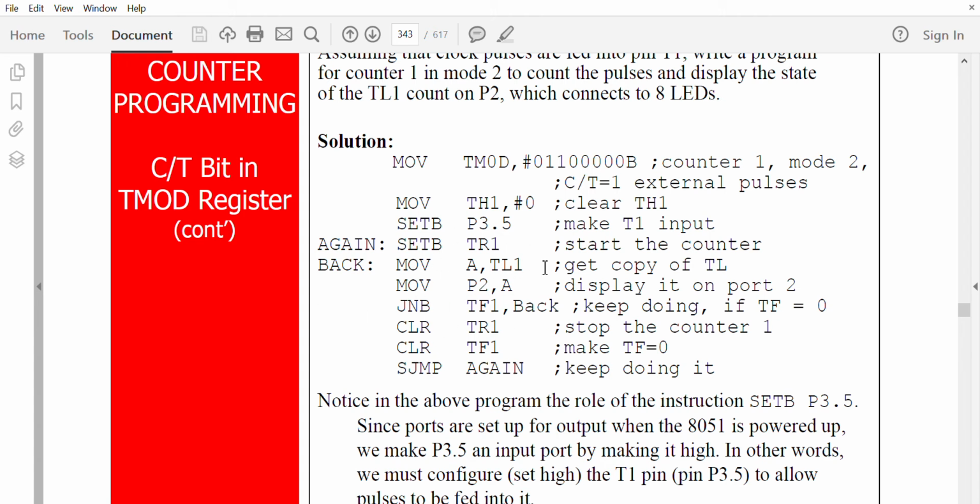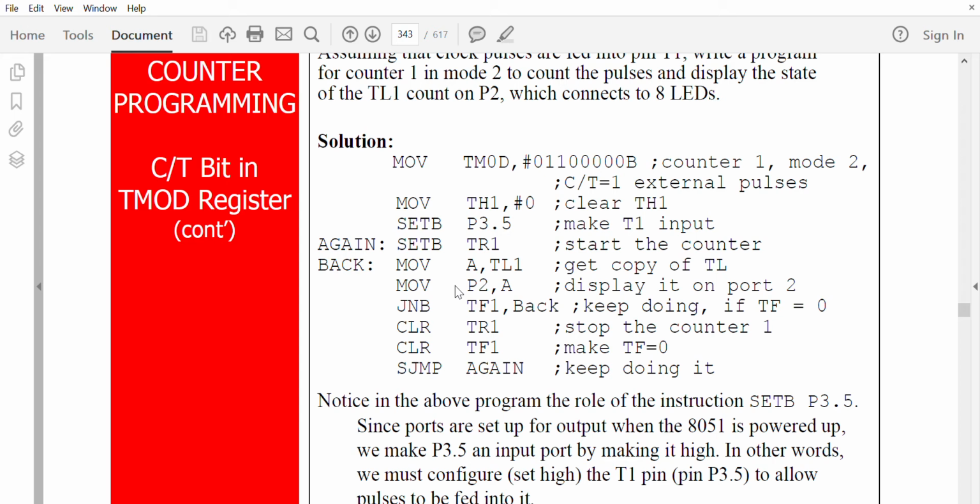The change in value in TL1 will go to the accumulator and from the accumulator to P2, and you have 8 LEDs connected to P2. So from 0 to FF, the LEDs will blink. The 8 LEDs will count from 00 to FF.